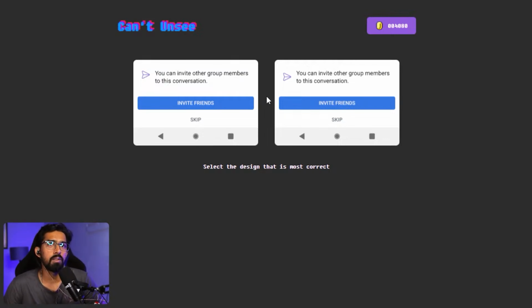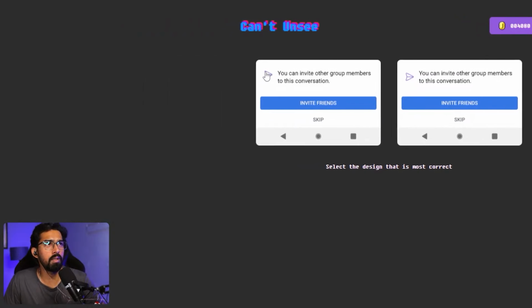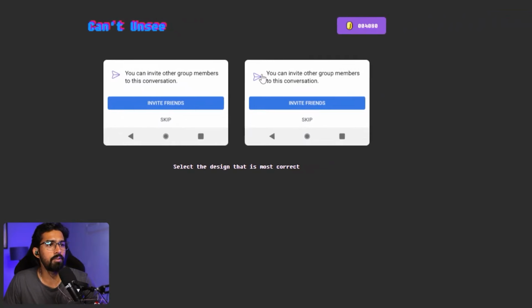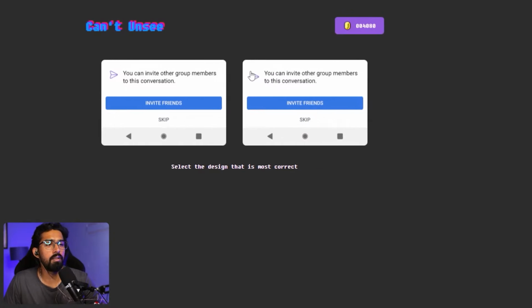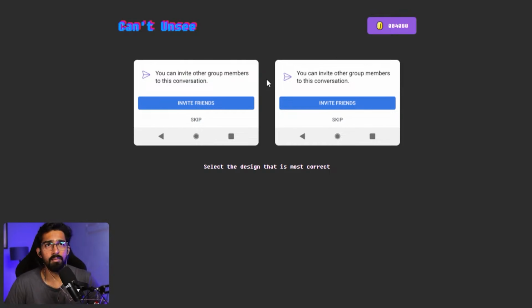Why should it be middle aligned? See this, this is aligned with the top, and this is middle aligned. This is not aligning with this. This one has middle alignment, but this one has top alignment. So that's the difference. I feel first is correct. It doesn't depend on the length or height of the text, it will always be at the same point as the text start. If the text is too long, placing the icon in the middle might feel weird.